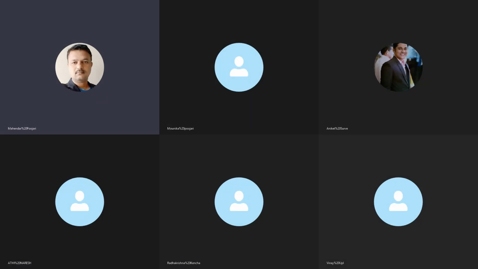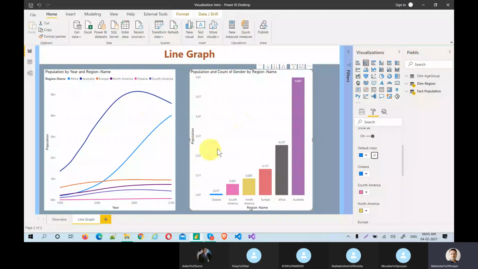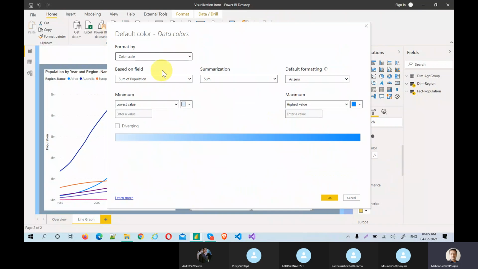Just to recap, we have done the formatting, and we can change the colors of the items, item colors basically. So we can apply conditions. That's what we are discussing. There are three types, and it depends on the visual, but this visual has this kind of formatting: color scale, rules, and